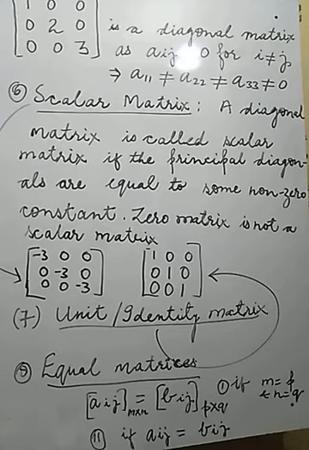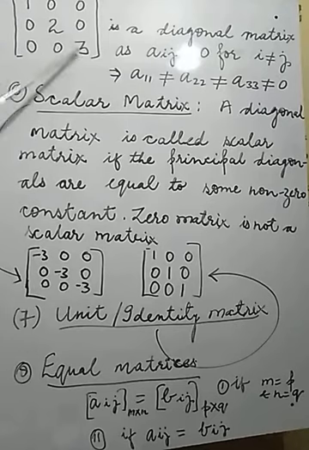You will respond whether that will be a diagonal matrix. I think your answer would be certainly not, because that will be converted into a zero matrix. All the elements would be equal to 0. If all the elements are 0, then what would it be called? That will be a zero matrix. That's why 0 is not taken. Except 0, any non-zero integer may be taken.